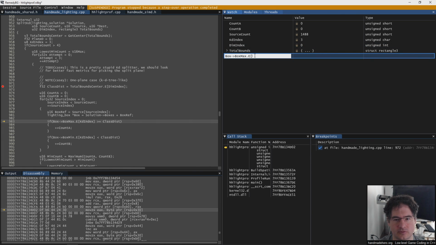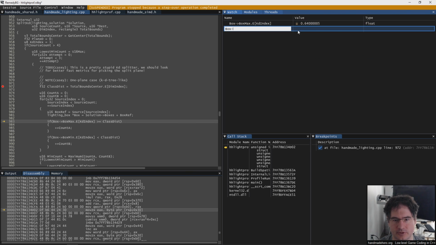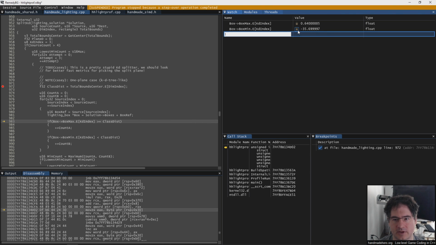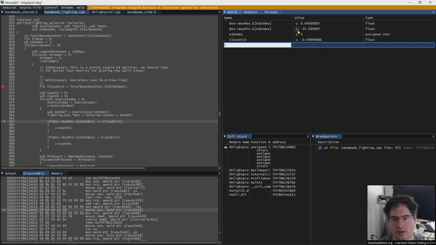So here's the actual discriminator that we're looking at for these. So let's just put them up here. So here's our values. Here's our KD index, and here's our total bound center. So we're discriminating this thing for negative,